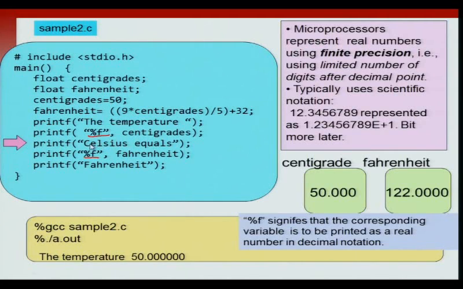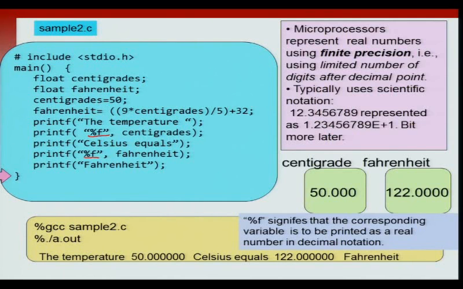There is no new line. So, the next printf starts from the previous line where the previous printf left off. 50 Celsius equals, okay, so it prints that. And now you have another format specifier. It says printf %f Fahrenheit. Okay, Fahrenheit is 122 and it will print it as a floating point number or as a real number. So it will print it as 122.000. Okay, printf Fahrenheit. Okay. So the final message that will be printed will be the temperature 50 centigrade, 50 Celsius